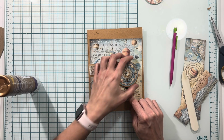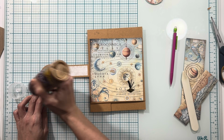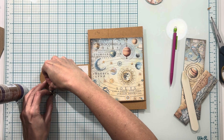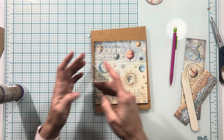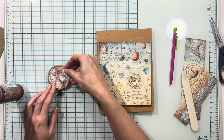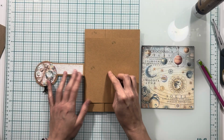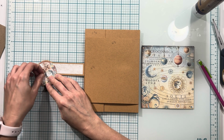I'm going to be adhering mine down here at the bottom. So I'm going to go ahead and apply my adhesive here and then just tuck those ends into my adhesive. Flip it over just to make sure I had it correctly in position. And then I'm going to take this and apply it here to cover my magnet and the ends of my twine. Once I have this covered, I'll go ahead and add my magnet on top,